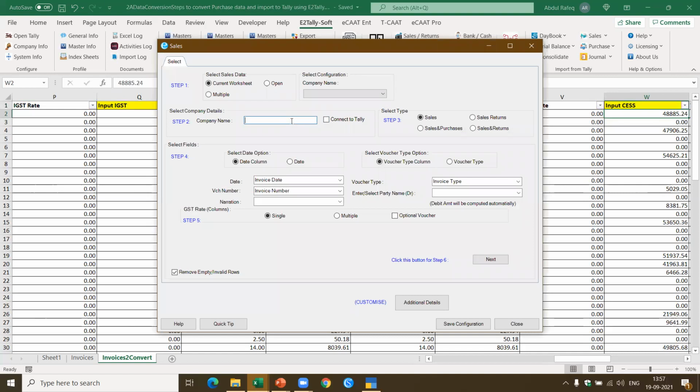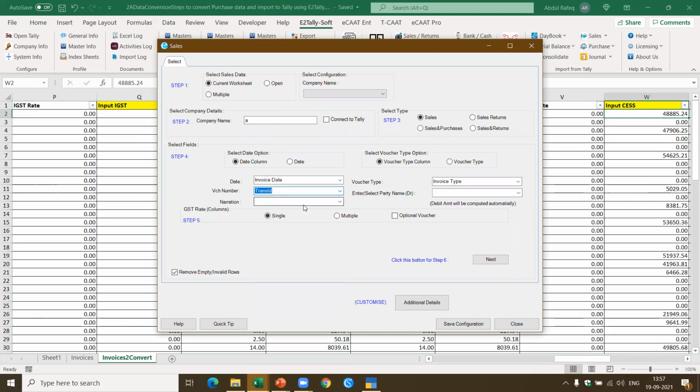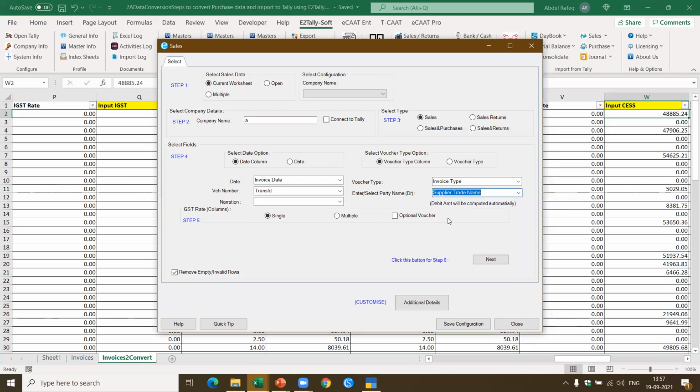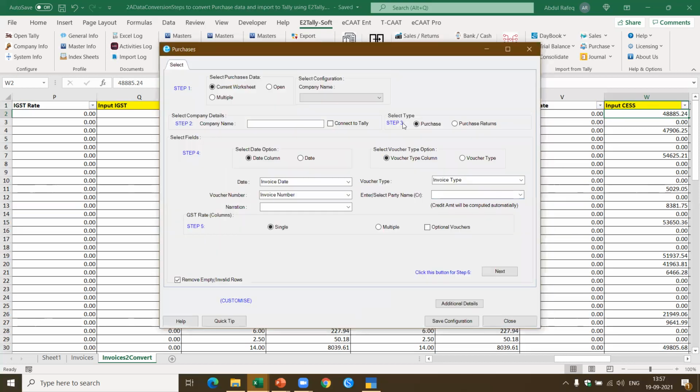Now here I pick up the name. I can connect to Tally and take the name. Invoice date, invoice number. I don't want invoice number here. I'm going to select the invoice number separately. Here I want the transaction ID. Now I have got the invoice type. I'm going to select the party name here, which is the supplier trade name. That's the way I have created that in Tally. Now this means I completed the credit part here. Now in this case, I selected the sales, which is wrong. I should have selected the purchases. This is also important. I go to purchases. Otherwise, the transaction would have been reversed. The logic of sales would have been applied here.